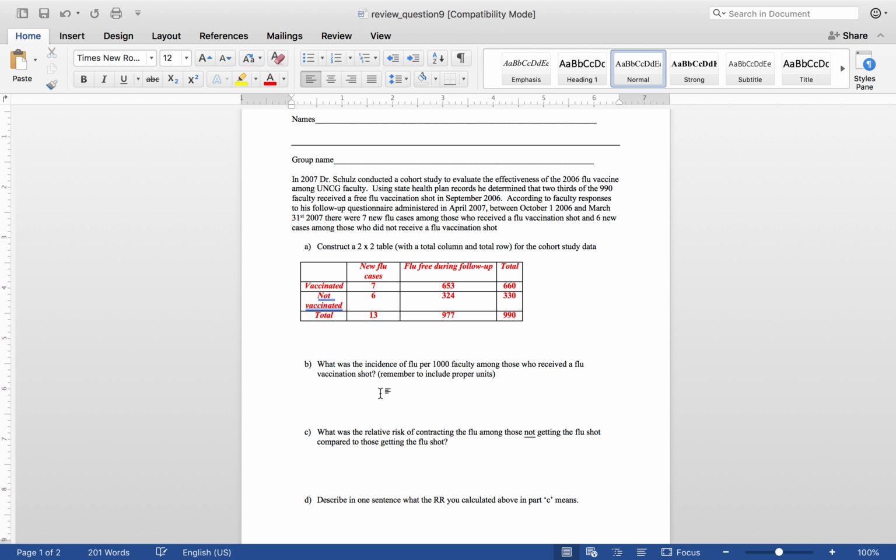And so calculating out the incidence, the total number of new cases within that population is 7. And the total population that was at risk would be that 660. So we're only worried about those that received a flu vaccine. And so if we calculate that out, 7 divided by the 660 equals